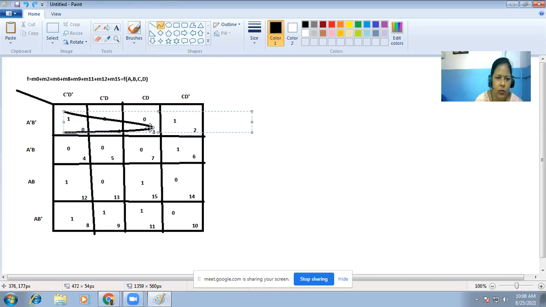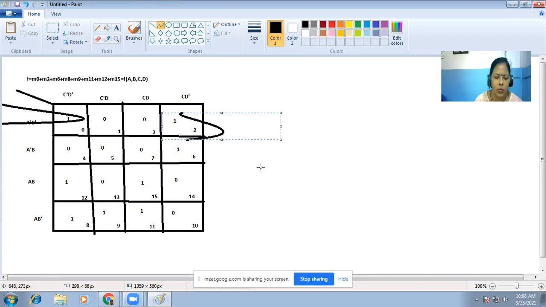This one and this one. Now for this one, there is no other option than these two ones.